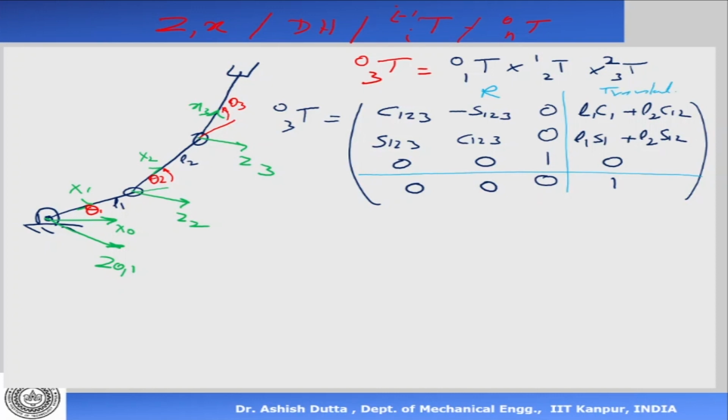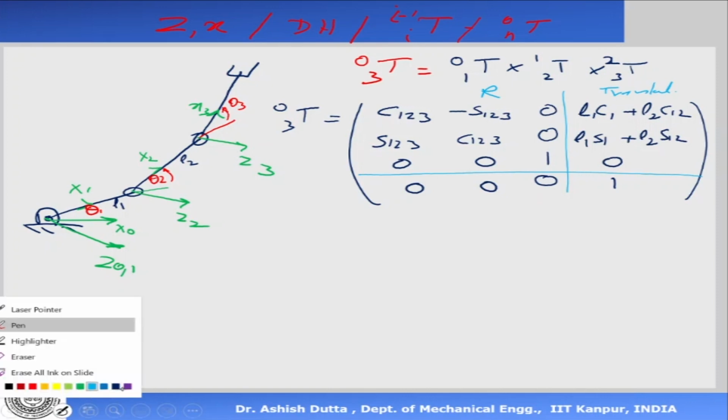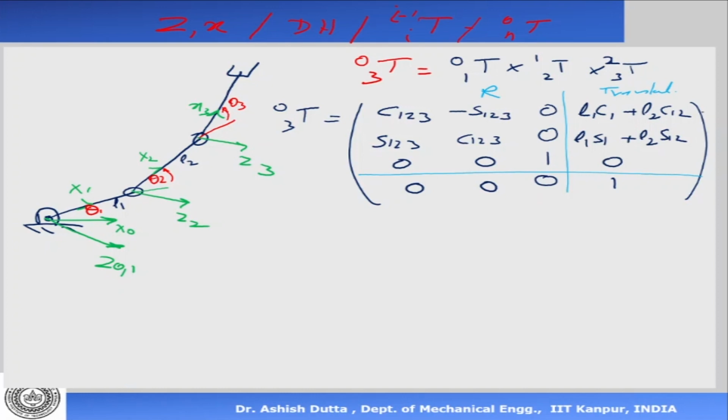Okay, now what is the meaning of this matrix? This is a homogeneous transformation matrix, and it's very important for us to understand. This is basically giving me the distance del x, del y, and del z between the origins of the third frame and the 0 frame. That is the amount of distance it has moved. So this is the coordinate of this point, x, y, and z. This is planar 2D, so there is only x and y, there is no z, because this cannot come out of the plane. It has to move on the plane.